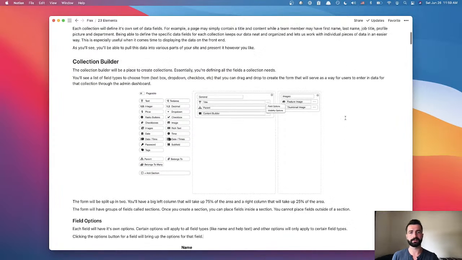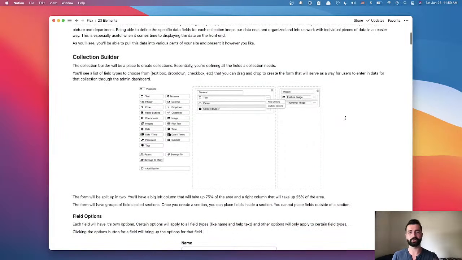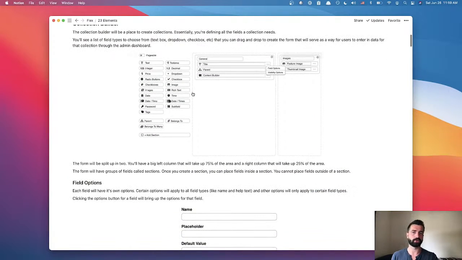So what this seeks to do is abstract a lot of that, so that you can just use a drag and drop interface, and once you set up the data fields that you need for your collection, the CRUD is already going to be available for you. So you never have to build another CRUD again. That's part of the goal with this system: to not have to manually code things that you don't need to code if it's repetitive, like a CRUD usually is.